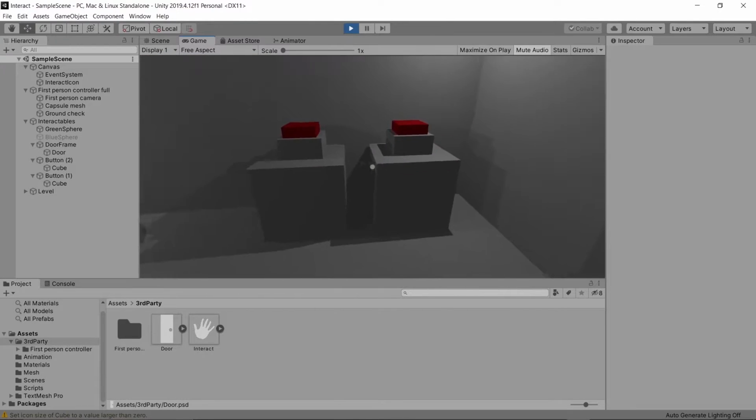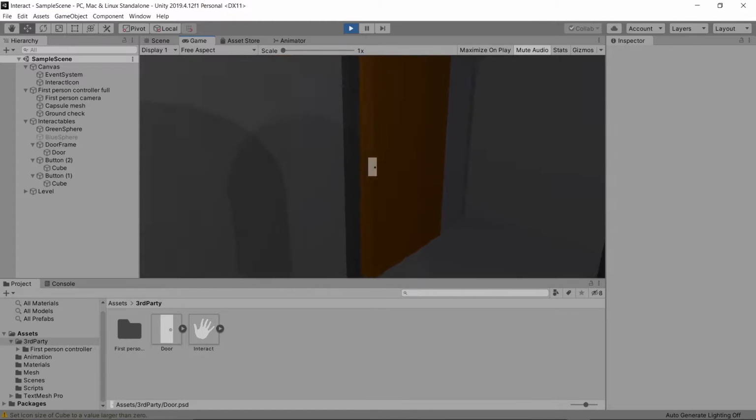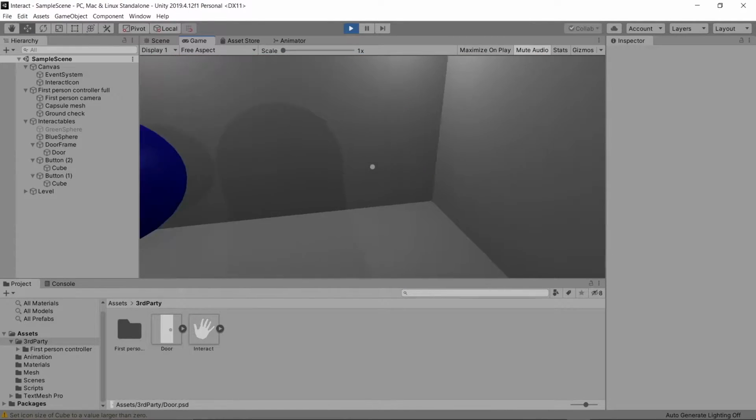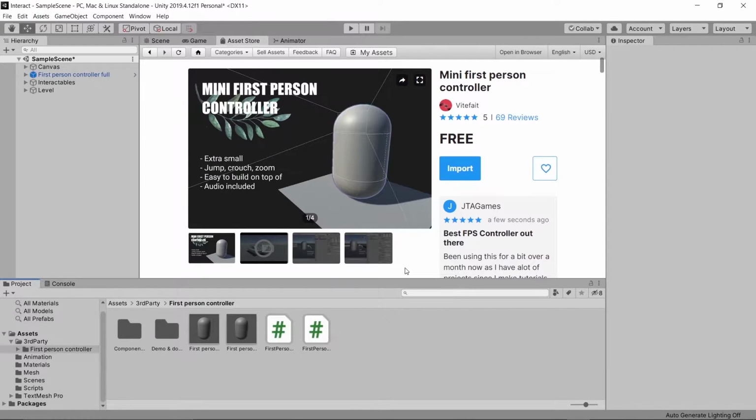In this tutorial, I'm going to teach you how to create an interaction feature for your video game. These are most heavily used in horror games, but are really good in almost any situation. Ours will be implemented in a first-person scenario. Because of that, I've gone ahead and downloaded the Mini First-Person Controller, which is my personal favorite first-person controller, on